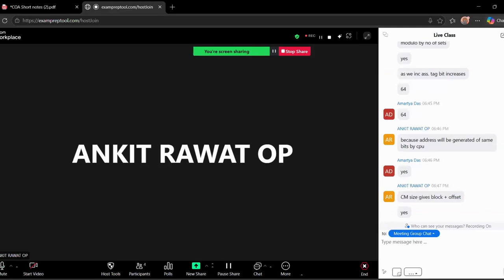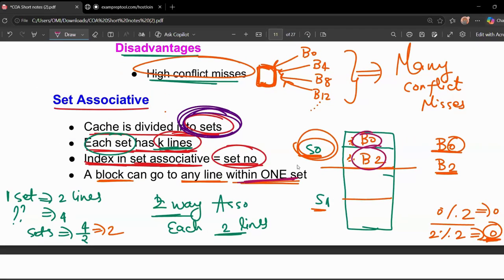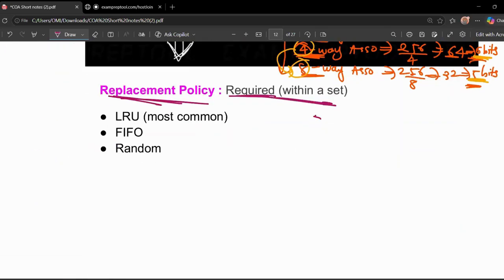So now we can proceed further. Replacement policies are used, right? So it is required within the set, because we have seen earlier that within the set, as already written here, a block can go to any location. Assume that now, for example,